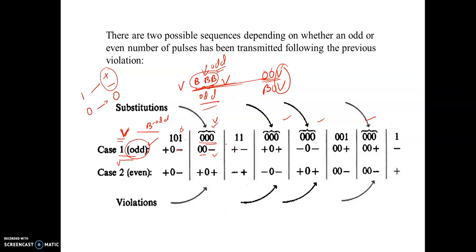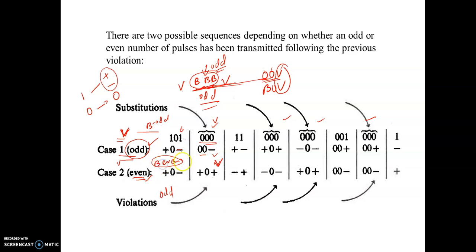So if I already have an odd number of B, then I just substitute it with 2 zeros and a violation. Okay. In the second case, I assume there is an even number of B. B is even. So your condition is, your last coding, triple zeros, will always be coded as 00V or B0V. So the last one will always be the violation. So your condition is between two violations you should have an odd number of B's, but you assume it is even here.